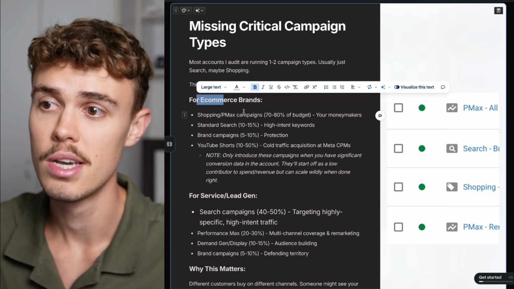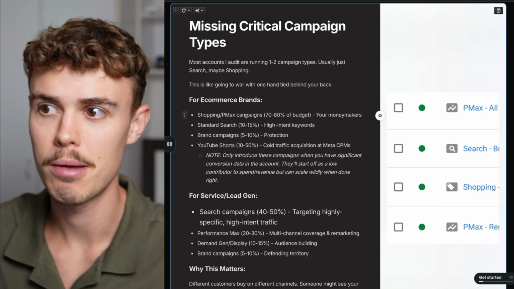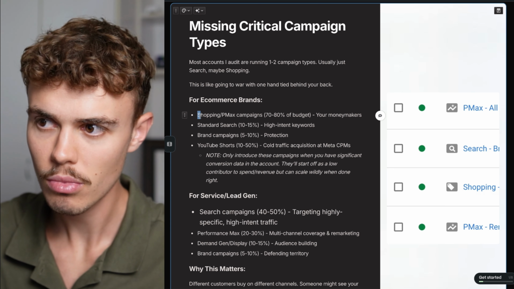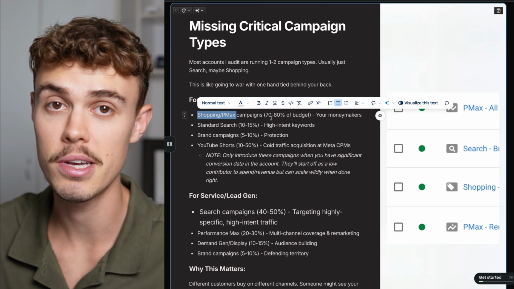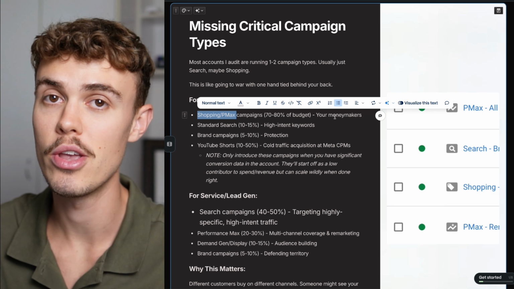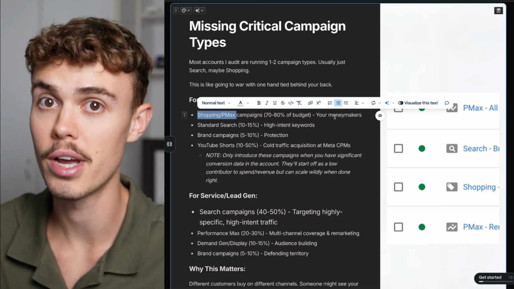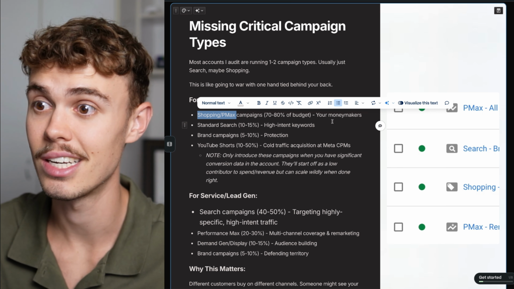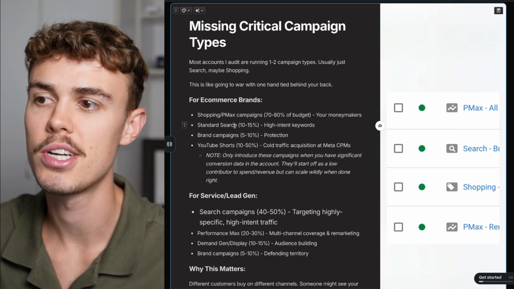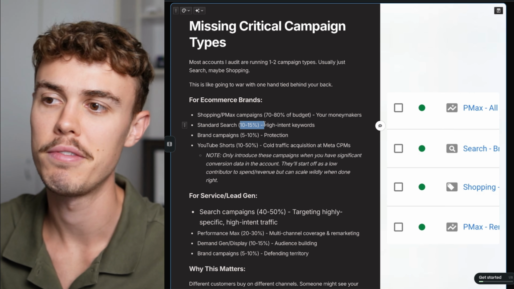So for ecom brands, what you want to allocate to campaigns is as follows. Shopping and PMax campaigns should be getting the vast majority of your budget, probably 70 to 80%. They are your money makers. They are where you're going to get the most traffic, most new customer acquisition, and the highest flow of high converting, high intent traffic. Next up, you can have a standard search campaign as well with 10 to 15% budget allocation,